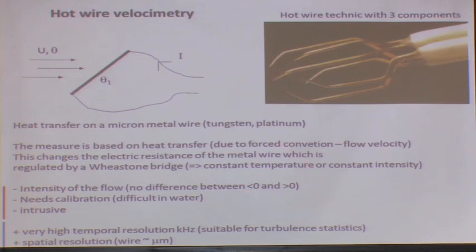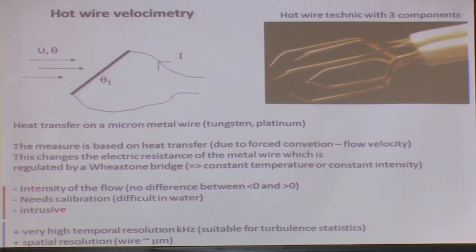I'm going to show you a correlation that you can use. These changes of the temperature of the wire are going to modify the resistance of the wire, and then you actually measure the resistance of the wire based on what is called a Wheatstone bridge, which is adapted, and when you have variation of the resistance, you measure something which is proportional to the velocity.